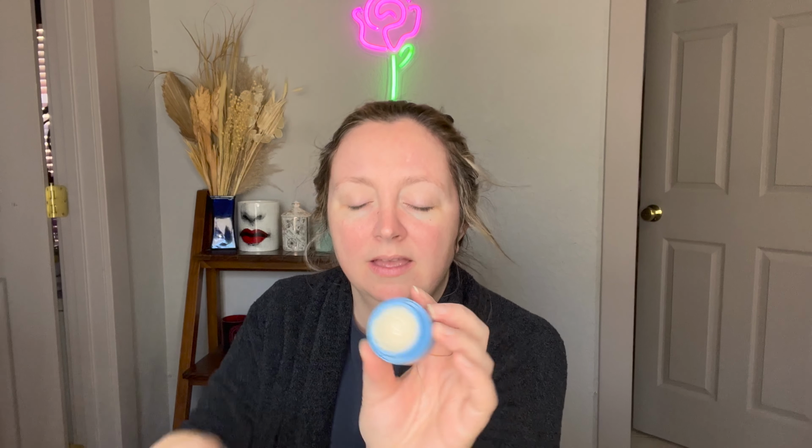I want to put on a cream because my face is dry, and this is, as I said, the Serum and Cream Indigo Overnight Repair. I would love if they came out with a day cream. The texture of this is pretty gel-like. It's really light,